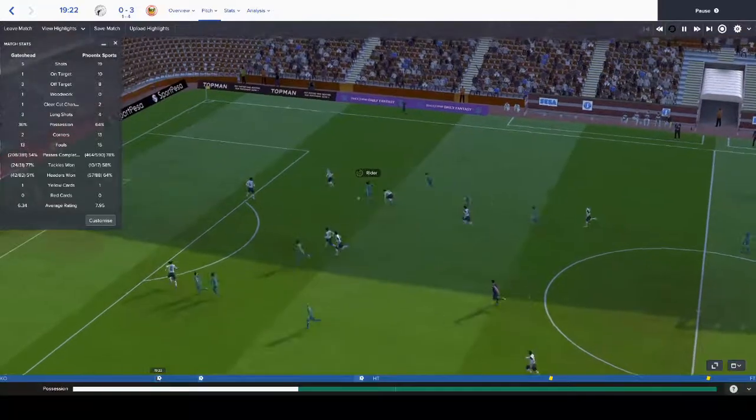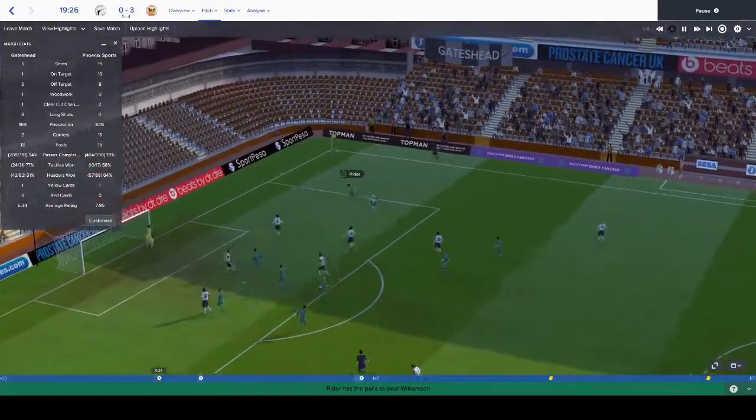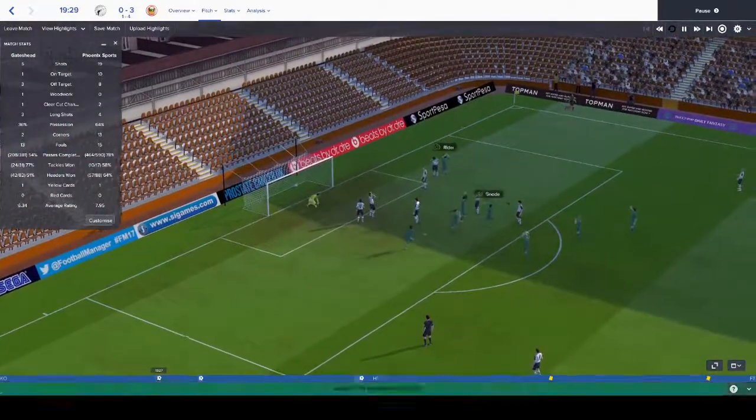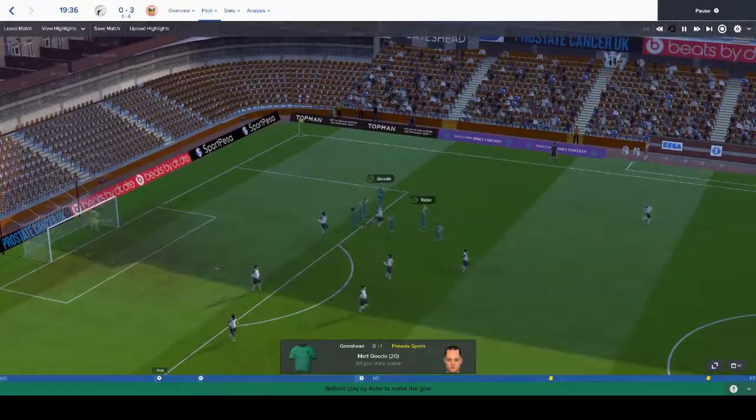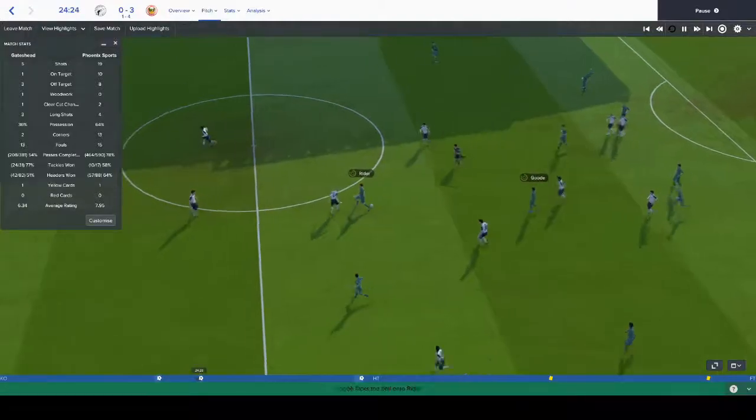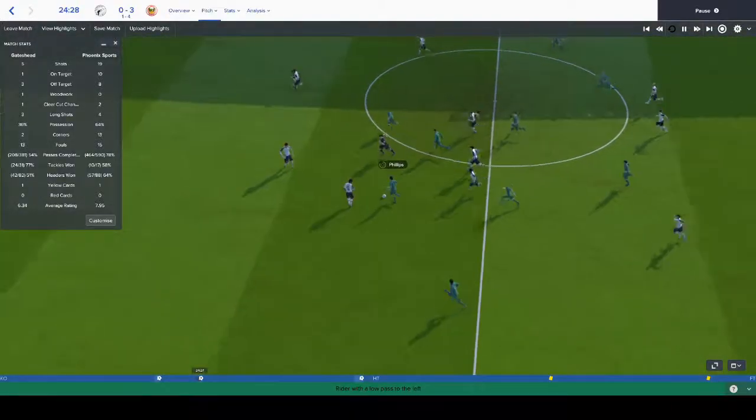Herbert finds Ryder. He's coming into the box here. He's done brilliantly well, and Matt Good puts it away. But it was all about the beautiful work by Dan Ryder, and we lead Gateshead by 1-0. And Ryder picks it up. Good work from Good, getting in the